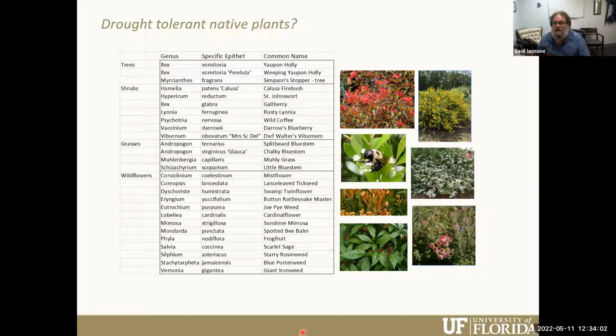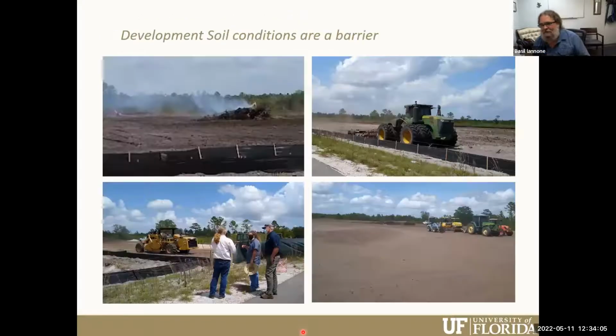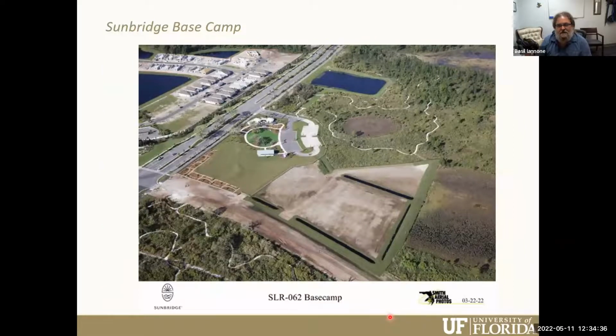And I'm sure everyone on the talk is probably thinking at this point, yeah, but what about development soils, right? We all know that urban soils are not native soils. And I don't want to paint a rosy picture of this development. This is a development, right? They go in, they clear out the native environment, they bring in fill soil to grade it, to bring it above the water table. Now you have this fill soil that's very sterile and harsh, and it's very compact because you have lots of machinery overrunning it. It's not a good environment for any plant to grow, let alone a native plant, right?